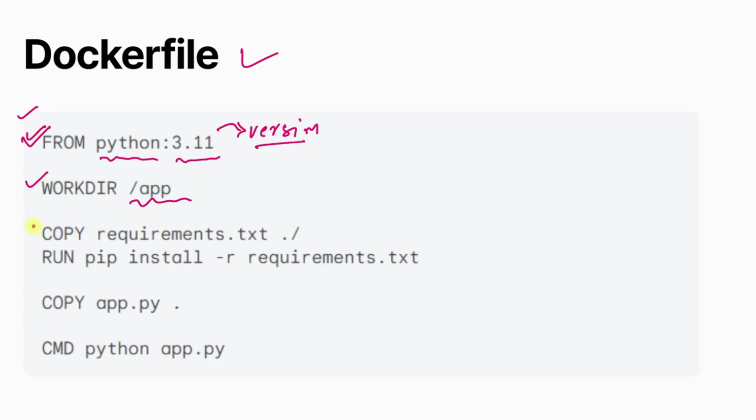Next, you can see the command called COPY. Here also, we are having two commands with the name COPY. So what is it specifying? It's an instruction. This COPY instruction copies files from the host machine to the container. So where is the host machine? Here. Okay. So in this case, we are copying this